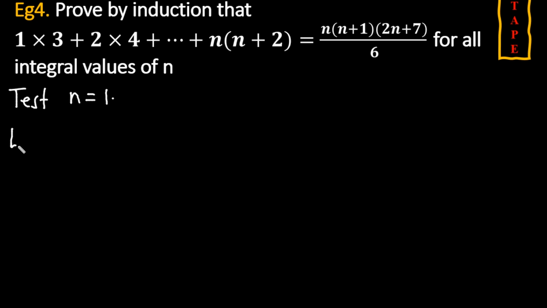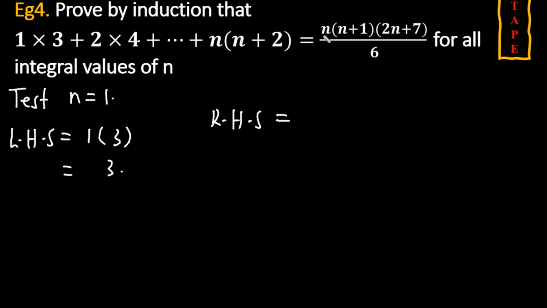On the left hand side, we have our formula as n(n + 2), okay? Where there is n, we are going to substitute a 1. When we do it, we have 1 times (1 + 2), that is 3. So 1 times 3, the result is 3. That is on the left hand side. Now on the right hand side,